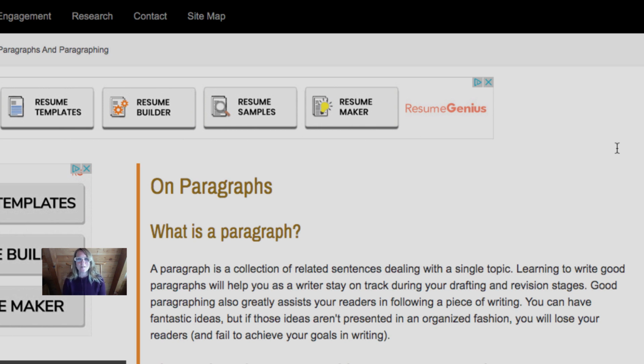Today we're going to be looking at paragraphing. We'll be looking at the core components of a paragraph, and we'll be using Purdue OWL as a guide for this discussion. For those of you that know Purdue OWL, you understand that it's a really great source for lots